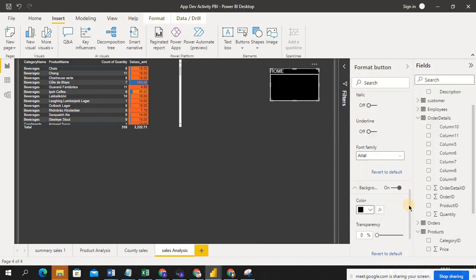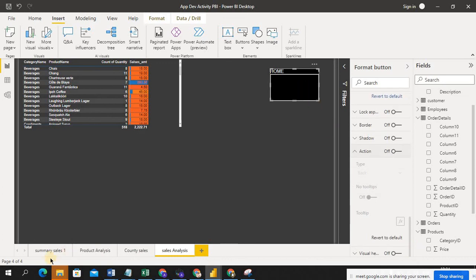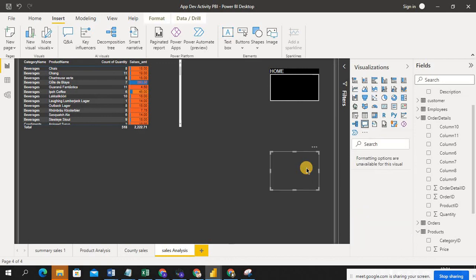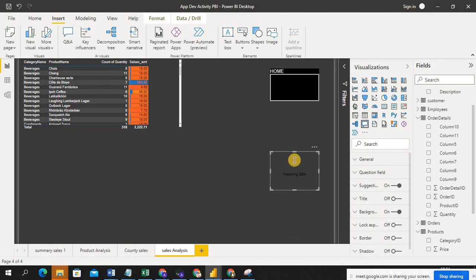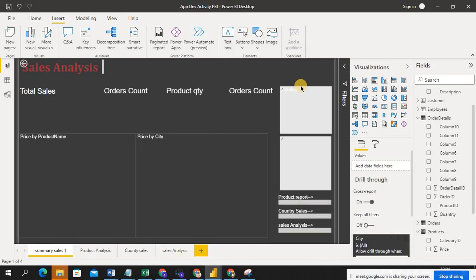Okay, home button. Now the action: if I click on this button, it has to come to summary sales. So for the action, I'm selecting page navigation, the type of action I want, and the page is summary sales. Okay, so it's done. If I click on this, it takes me to the main sheet.